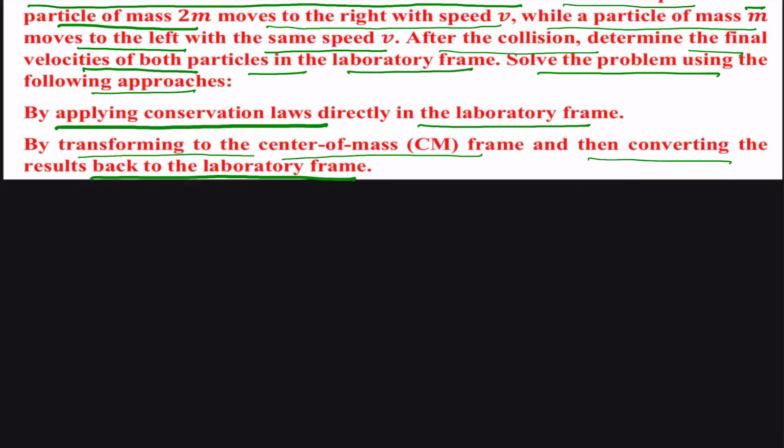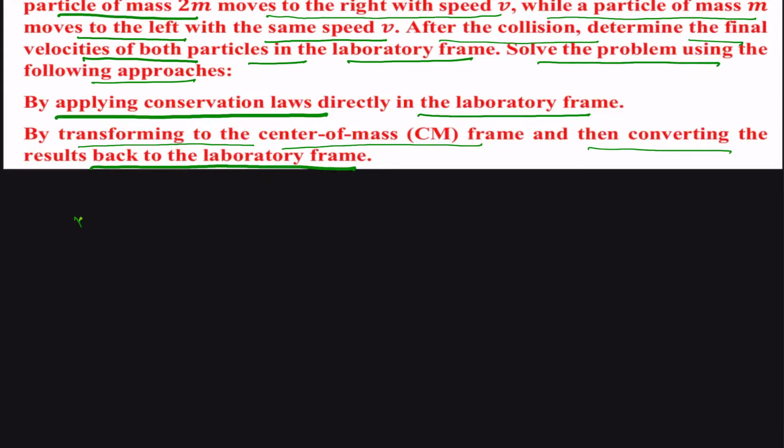So we can say that if we are having two masses, we have a mass of 2m, and let us suppose its initial velocity is u1, and it is moving in the plus v direction, plus v velocity. Okay. So in this case we are assuming towards the right is our positive,